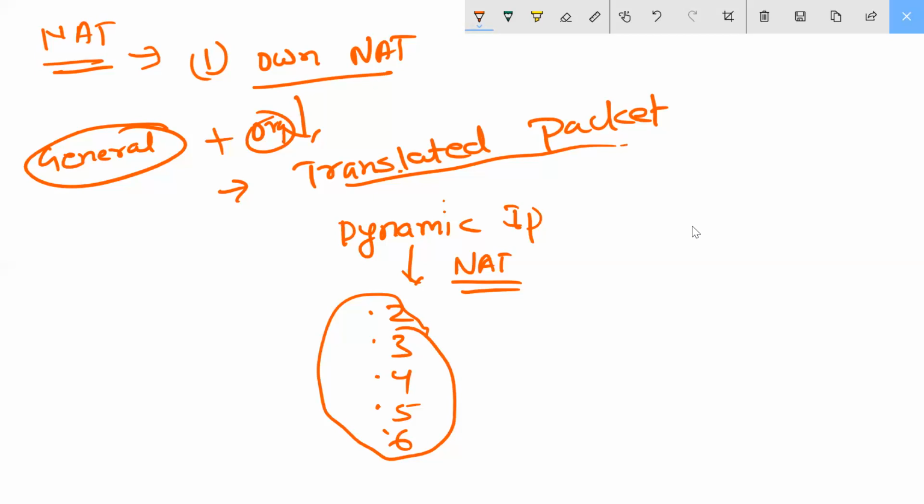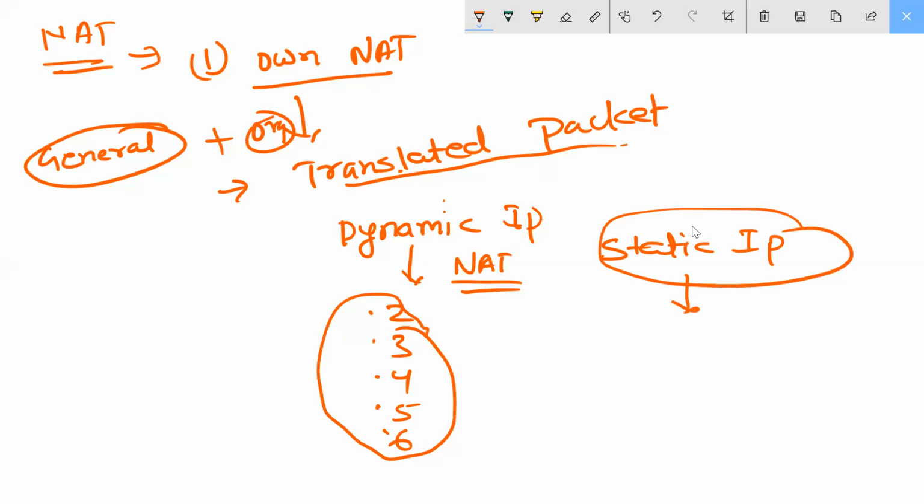Then you should come here to static IP, the same place, in the static NAT. Click that and you should give the IP address here.